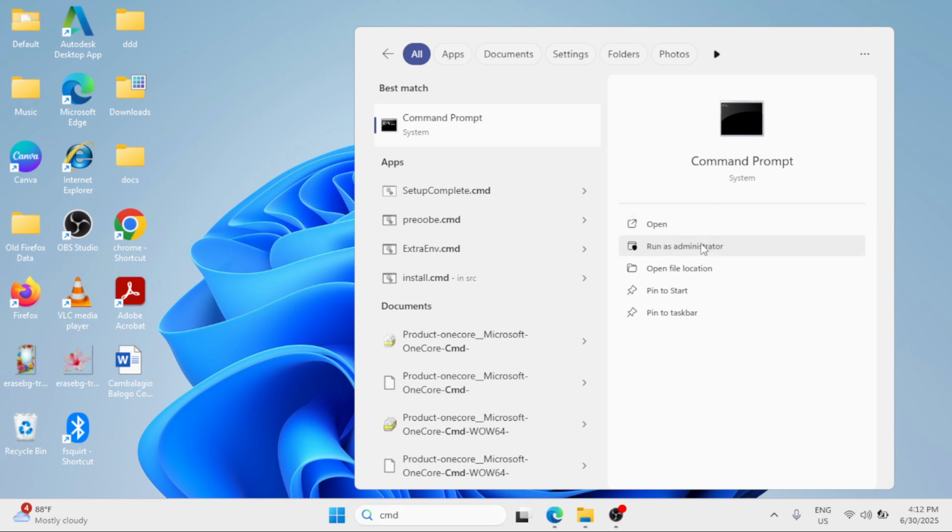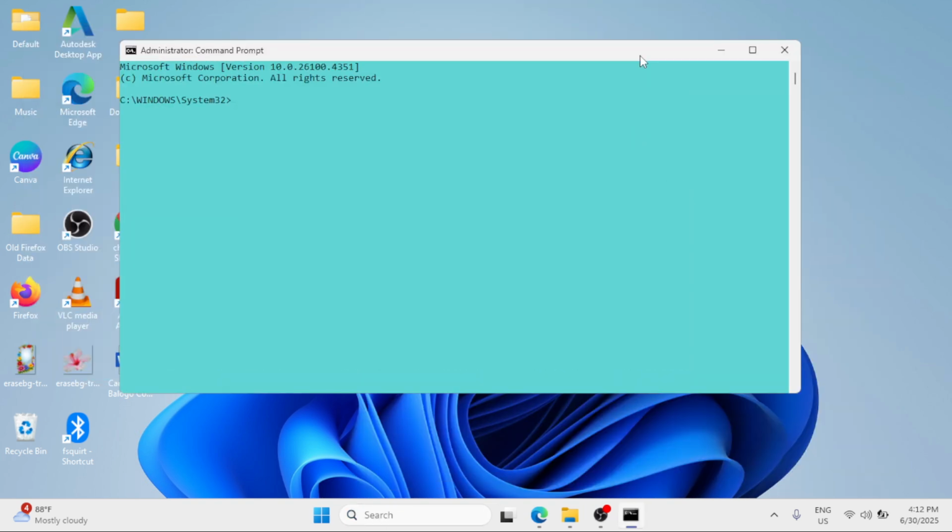Step 3, go to the Windows search bar and type CMD. Click the option Run as Administrator on the right pane. Simply type sfc /scannow and hit enter. The system scan will begin, so simply wait for the process to be 100% completed. And once completed, just type exit in the command prompt window and also consider to restart.